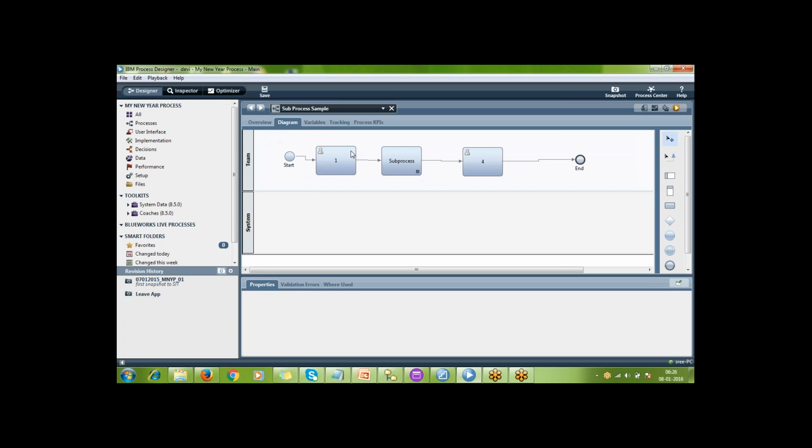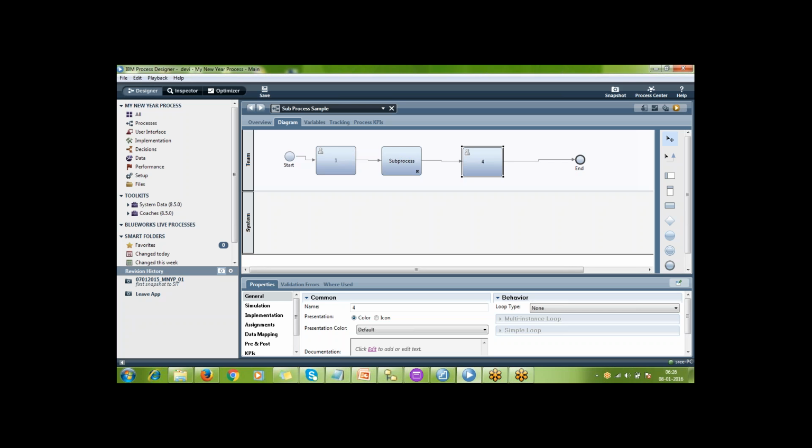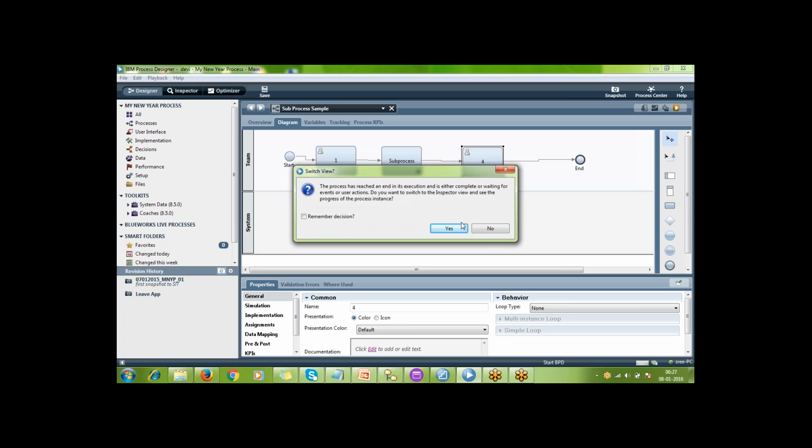Okay. Earlier I had 4 activities. Now I have reduced it to 3 activities, but I did not change anything in the flow. Actually, all four are sequential, so I could combine all four into a subprocess. But I want to show you how the flow is moving. That's why I have kept it. These two I have left in the BPD, and only in the middle I am adding the subprocess, so that you can easily understand how the subprocess will go. But in real time, whenever you have such sequential activities, you can go with a subprocess. You can put all these four in a subprocess. So let me show you how it is behaving.